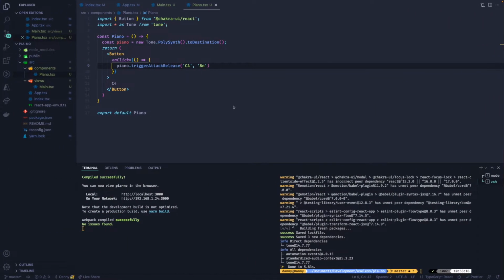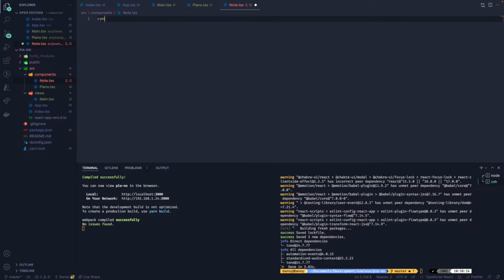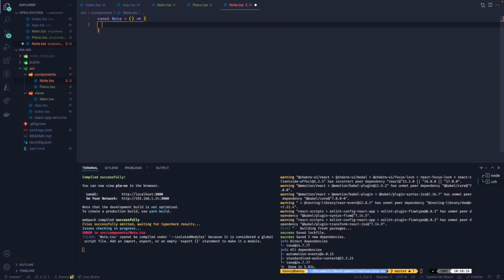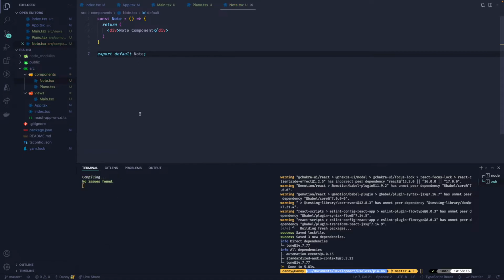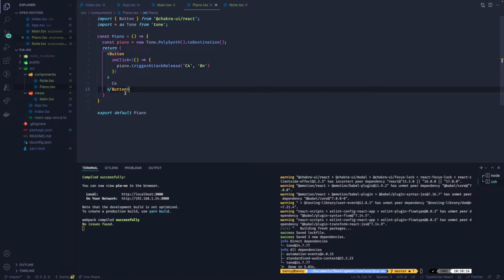Perfect. Okay. So now let's go and create a note component. And of course, note, return, give note component, and then we're going to export default note. And here we are going to